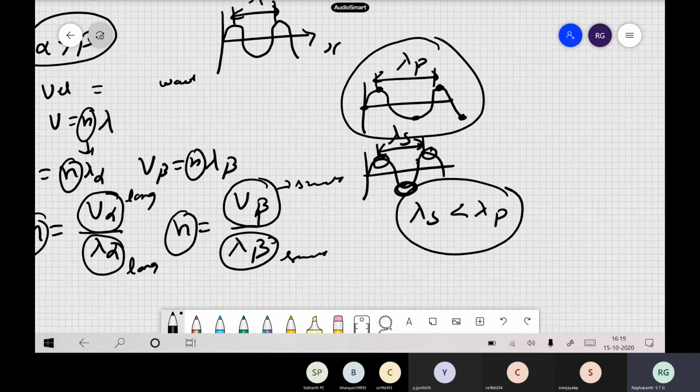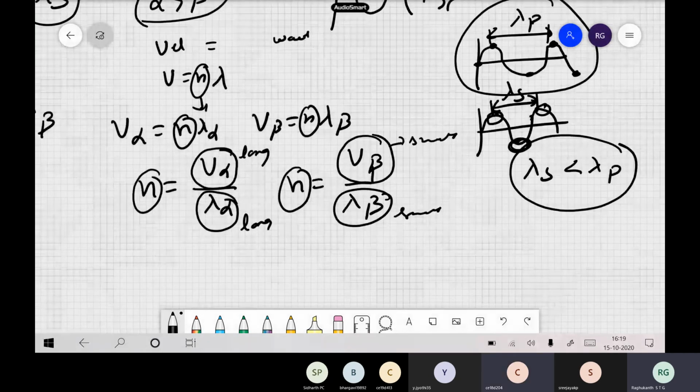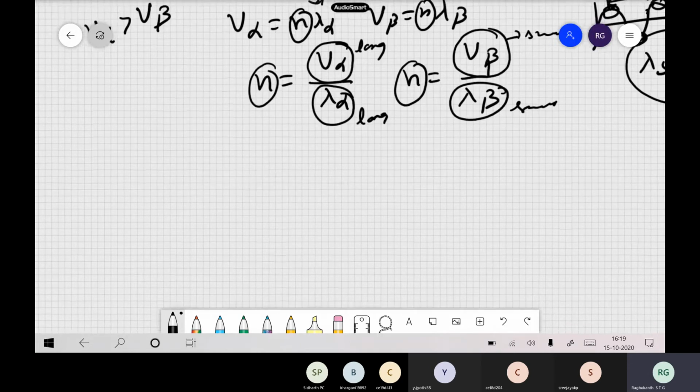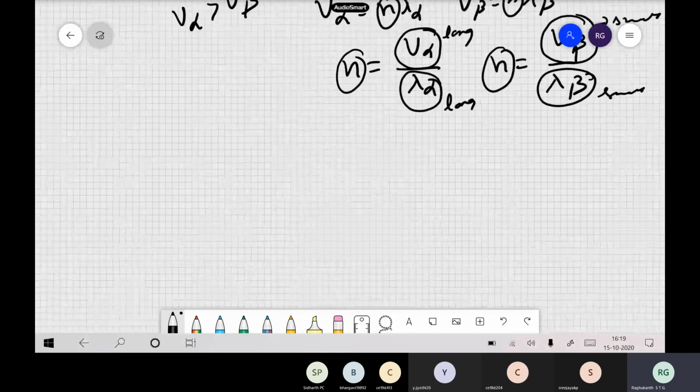So your time increment is controlled by the P wave, but the spatial increment has to be controlled by which wave, P or S? Yes, sir. Because the S wave lambda is very, very small. If you go by the P wave, you will sample with 5 points, but the S wave may have 2-3 peaks in those 5 points itself, so you may miss the waves itself. So these are very, very important in 3D simulations.